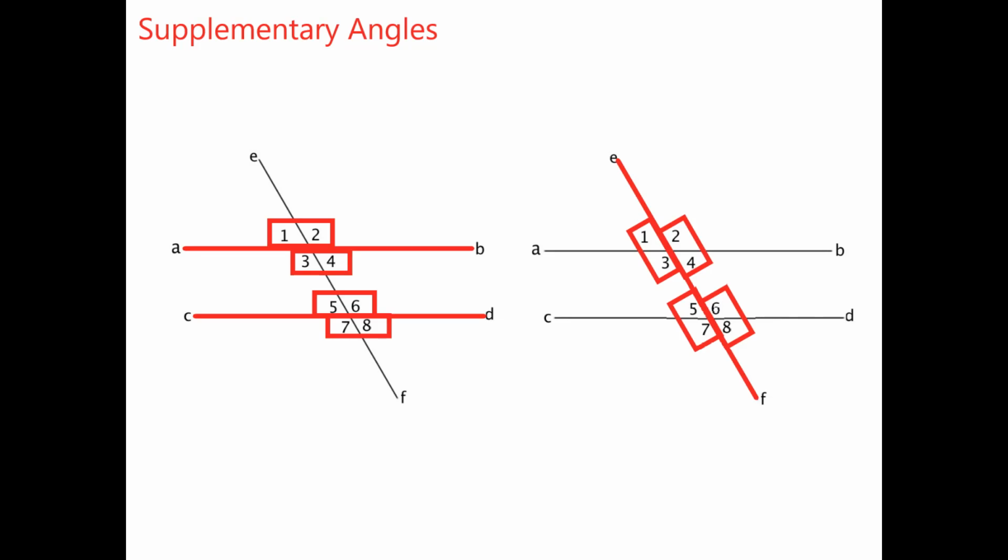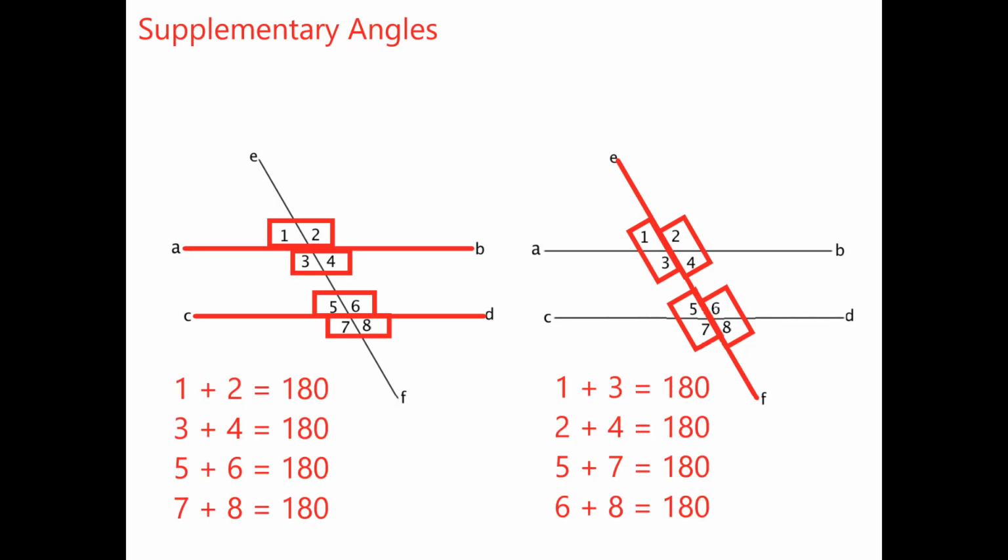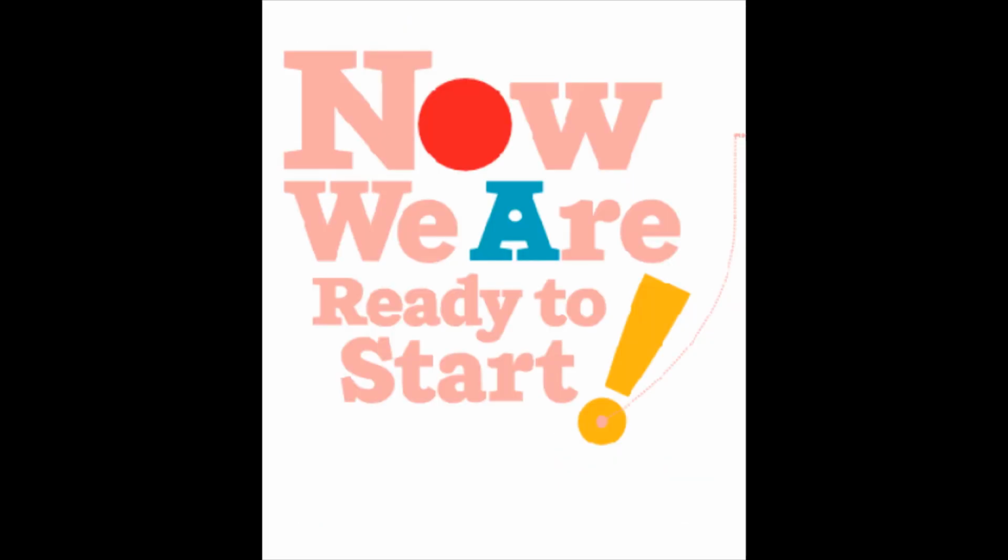Because like we talked about before when we were talking about rotating halfway through a circle, you end up with a flat line when you have 180 degrees. So anytime you have multiple angles that make up a flat line, they have to add up to 180 degrees. So now that we've covered some of the angles and the relationships between them, let's get on to our first